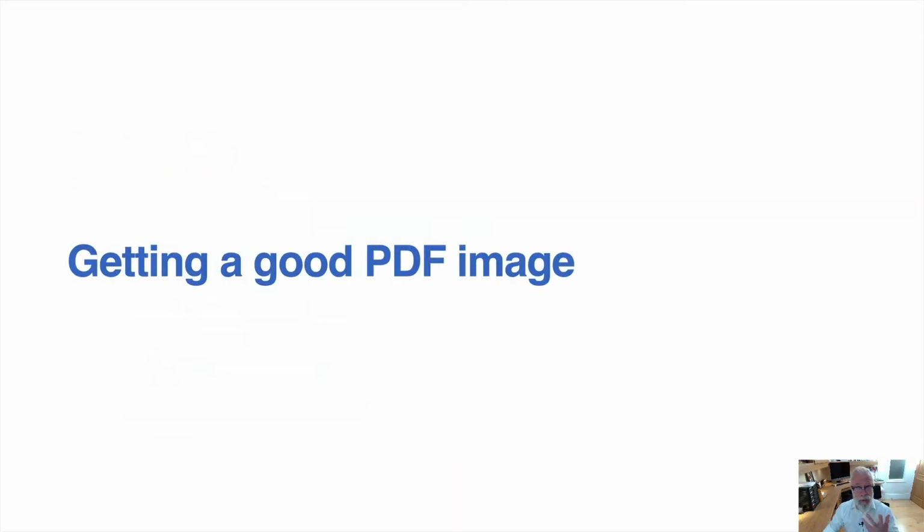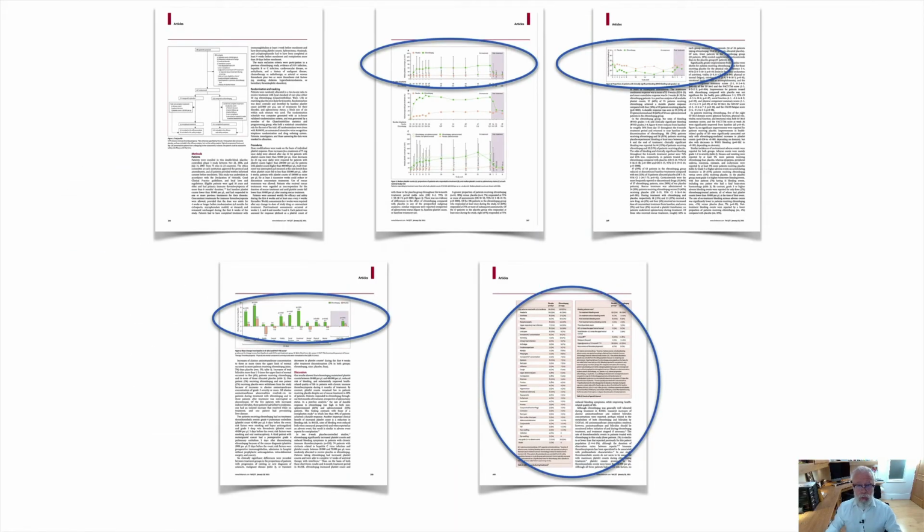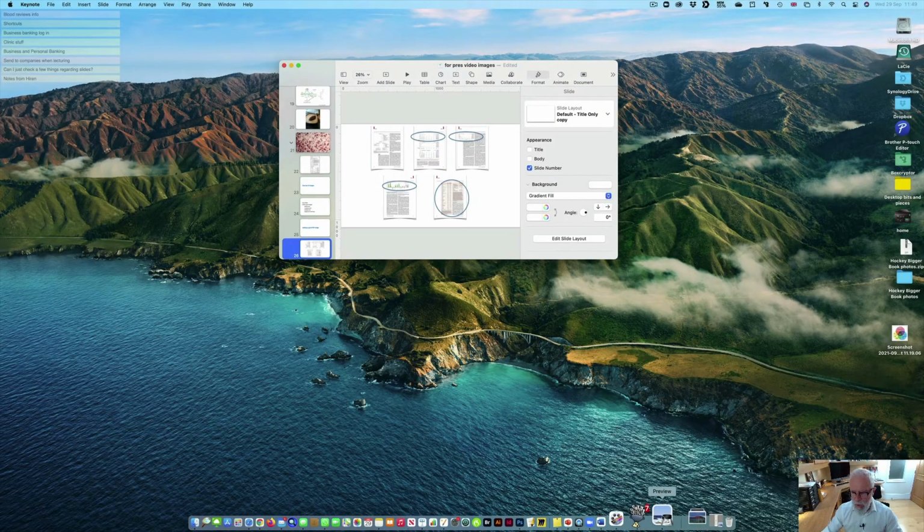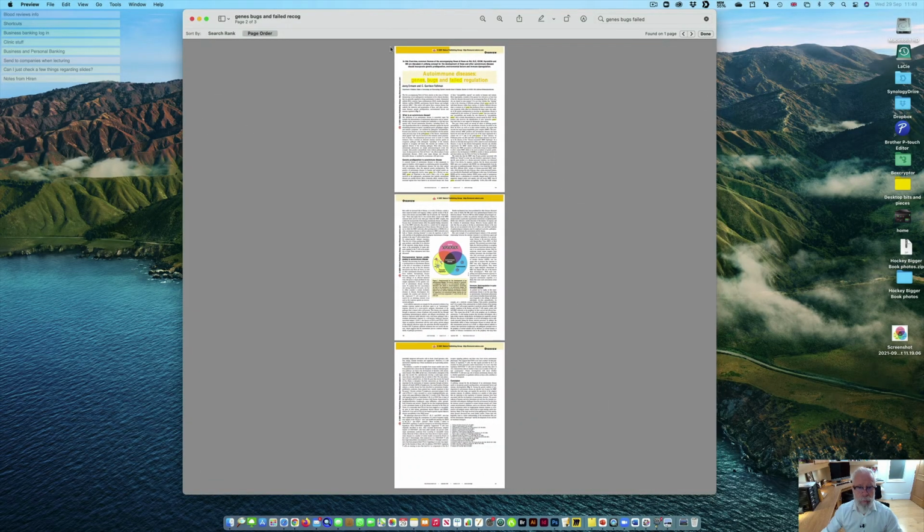Okay, so let's look at PDFs. Go through your PDF and then decide which pictures you want, and then you're going to crop these out. Let me show you what I've done. I have a PDF here, which I like. It's a short paper, and I like this graphic. Now, if I were to